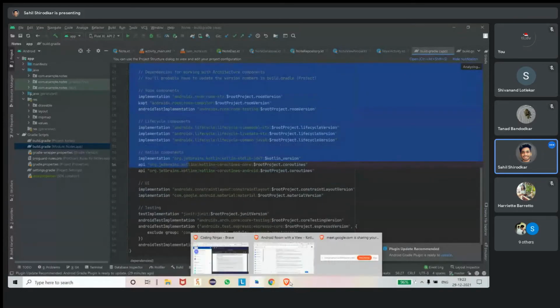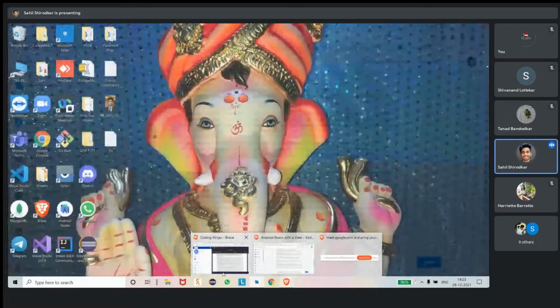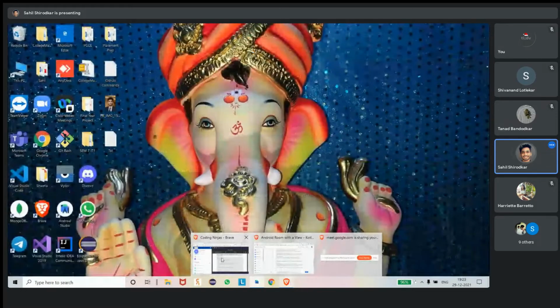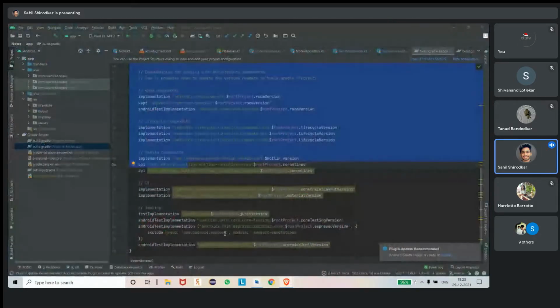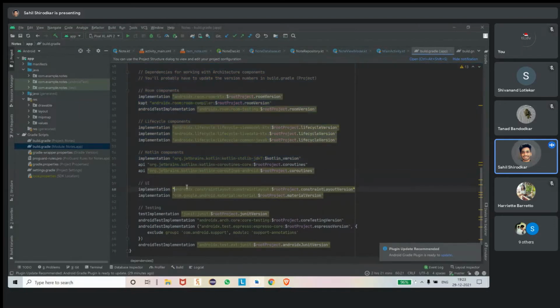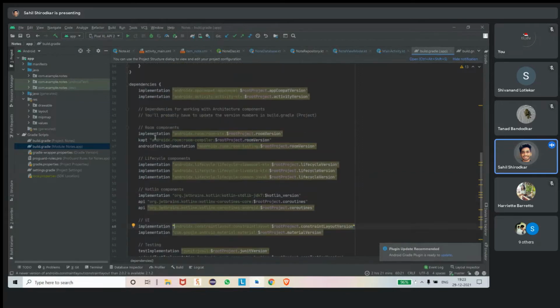What happens is, Android Studio doesn't have all the code which is written for different frameworks. Let's say all the code for Room database, all the code for RecyclerView. So we have to implement that package here. Same thing, we are implementing the Room database here, implementing the dependencies.